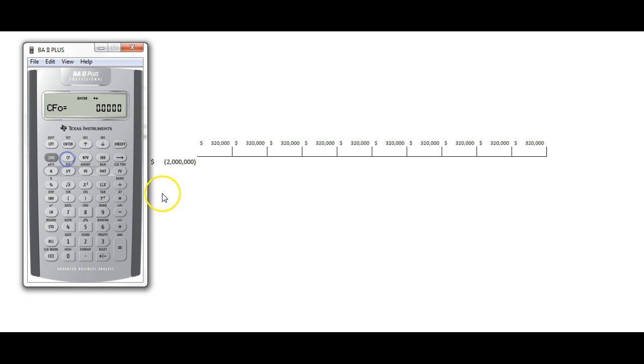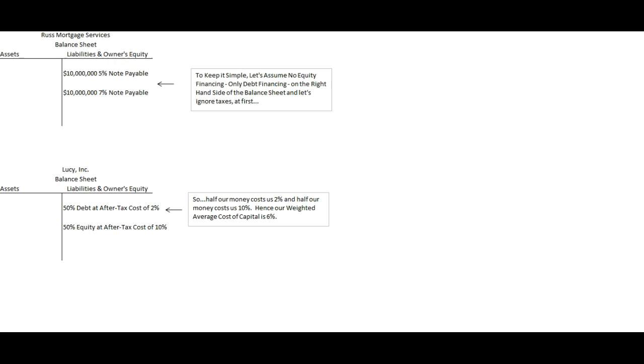Let's go to the dreaded cash flow menu again. Let's stick in the cash flow at time zero. Remember, it's $2 million. It's dollars out, so let's plug it in as a negative. Then we'll go down. It wants the first cash flow. Well, the first cash flow is $320,000. Enter, down. And then how many times do we get it? 10 times. Enter, down. Nothing else to enter. And now we'll hit IRR, compute, and it's 9.6%. So this project earns 9.6%. Our money costs us 6%, so we do the project.